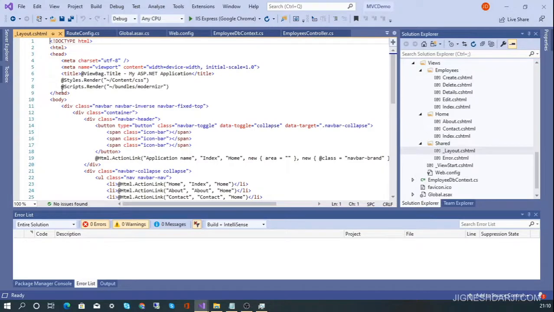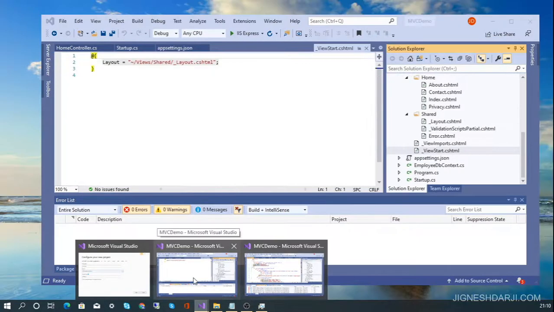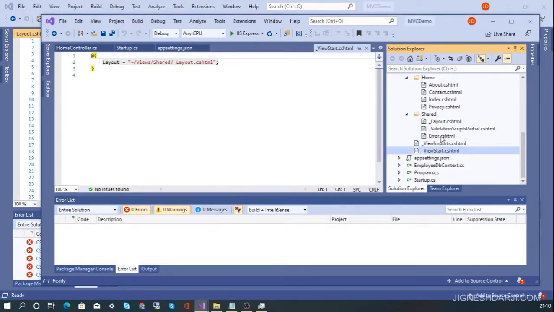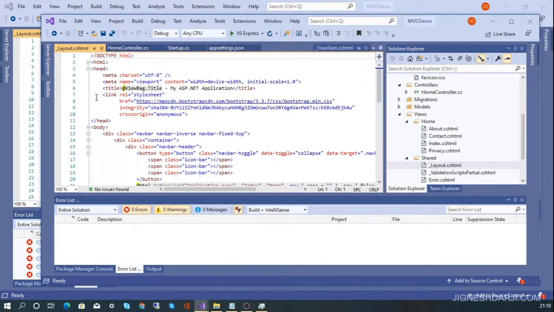You can check we have some styles and we render that particular style and CSS inside this layout, and that configuration is already done in the bundle config. But in ASP.NET Core MVC we don't use the bundle config. So we need to convert those render methods to simple imports.